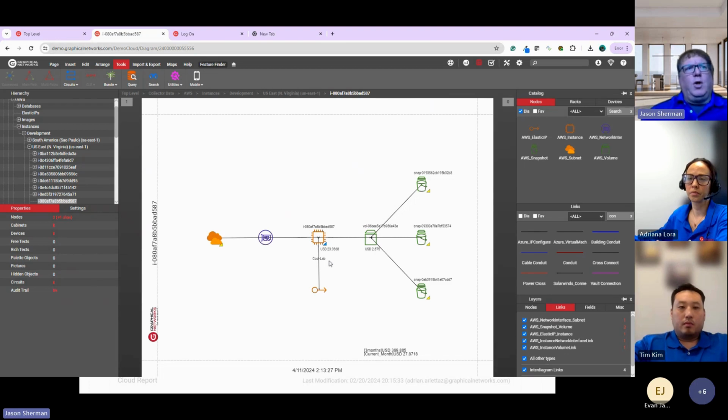There's a relationship between a volume and an EC2. So if there is a volume, it's going to be connected to an EC2. If you have a volume that's not connected, well, that might be an issue in and of itself. You might have volumes that you want to get rid of, right? They're not being used, kind of thing. So, those are things you have to consider and certainly think about. So all these things lead back to information about that environment and how you see this information.